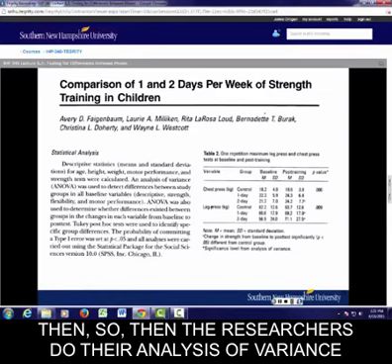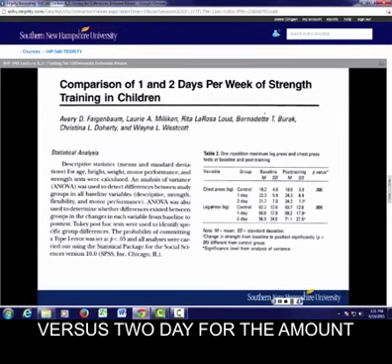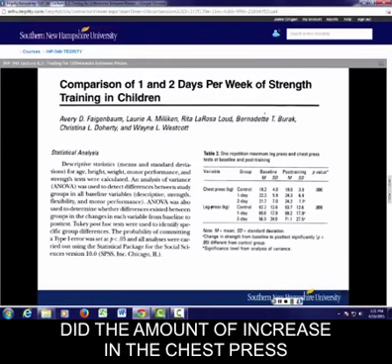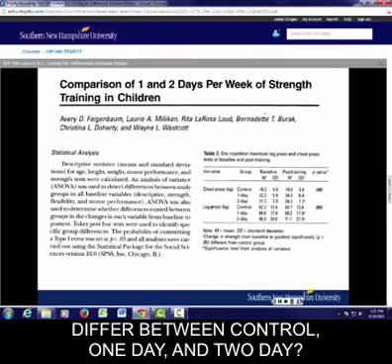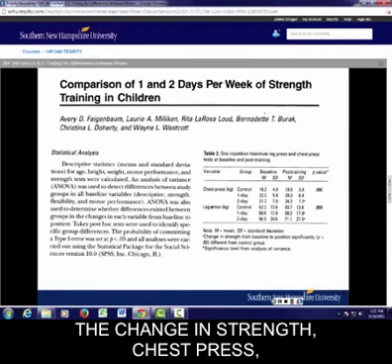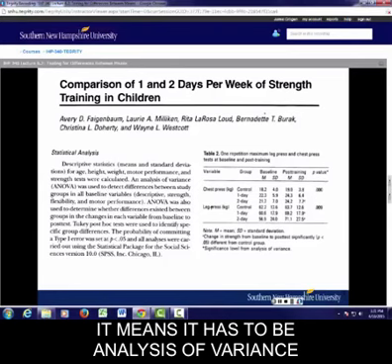Then the researchers do their analysis of variance to compare these 3 groups, control versus 1 day versus 2 day, for the amount of increase in strength for the chest press. Did the amount of increase in the chest press differ between control, 1 day, and 2 day? So those are 3 means. The change in strength, chest press, control, 1 day, 2 day, means it has to be analysis of variance, because